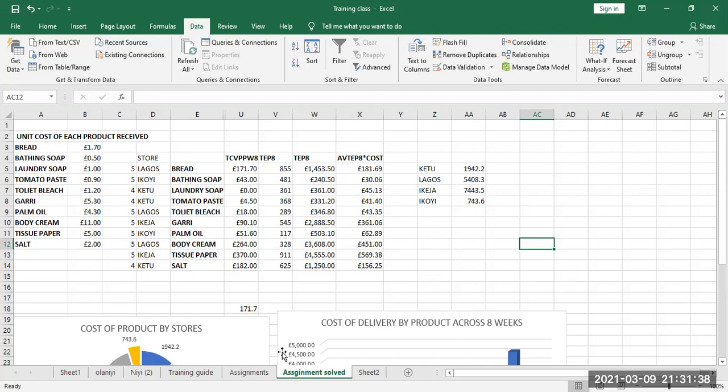But conditional formatting means within a series of data, within a group of data, you determine the formatting each of the data will have based on the characteristics of that data. That's what conditional formatting is. For instance, now,